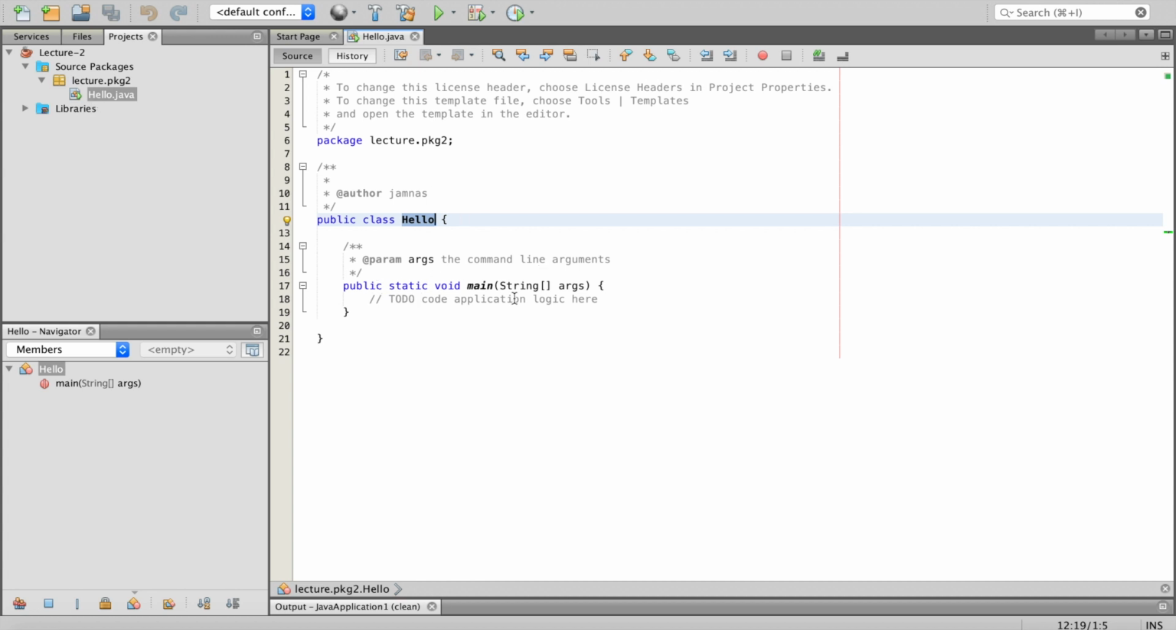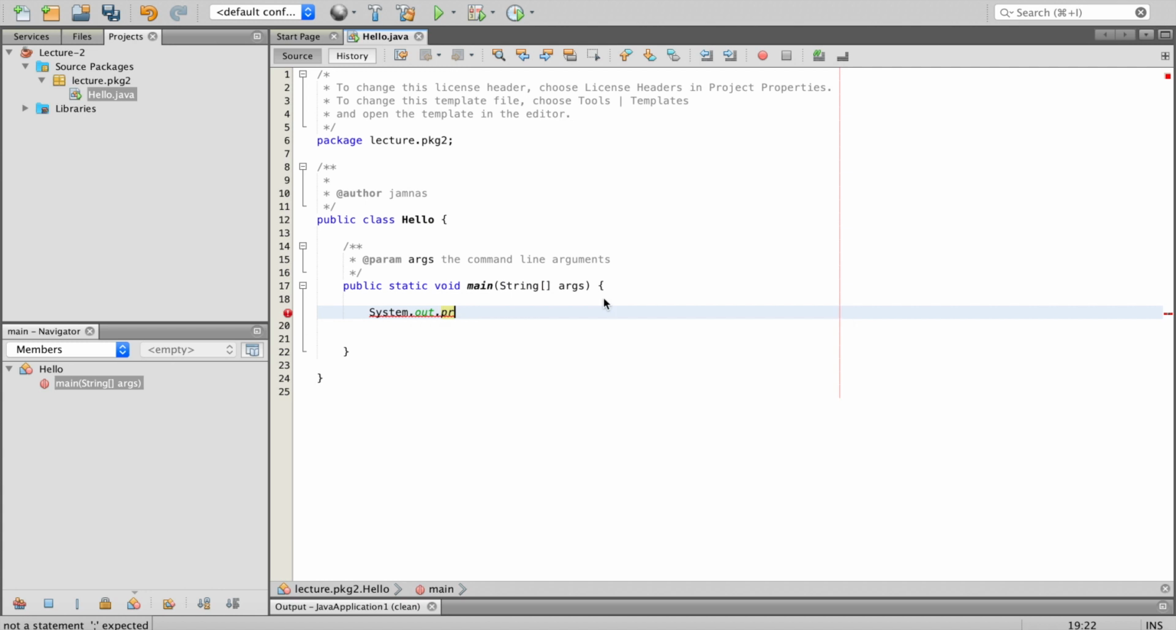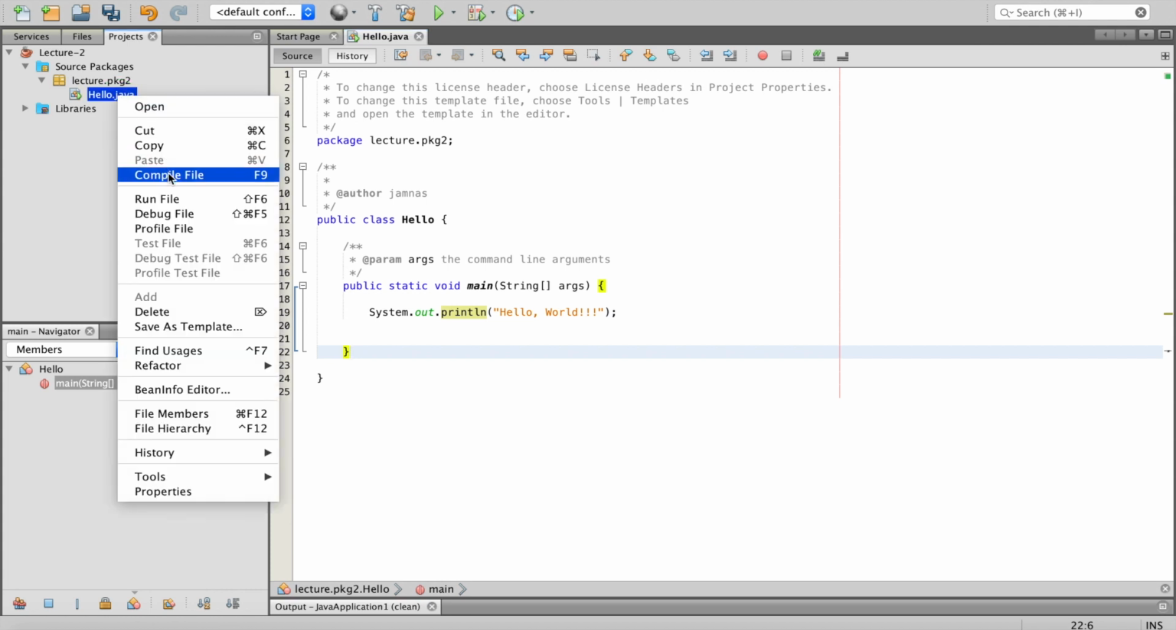And then here we can write, so this is the main function. Here we can write one line: System.out.println("hello world"). So I can compile this code. I can directly run it, but it's good